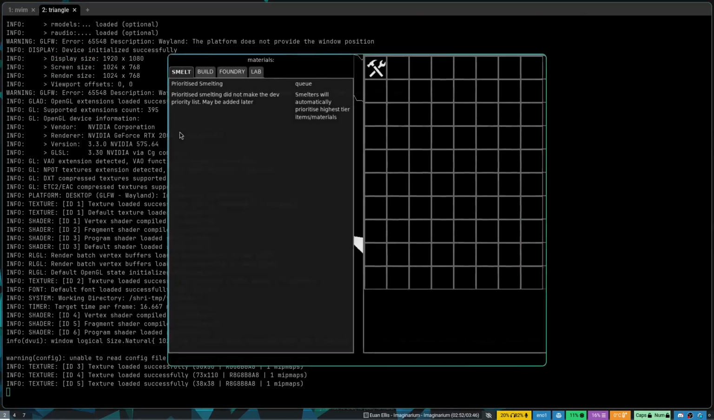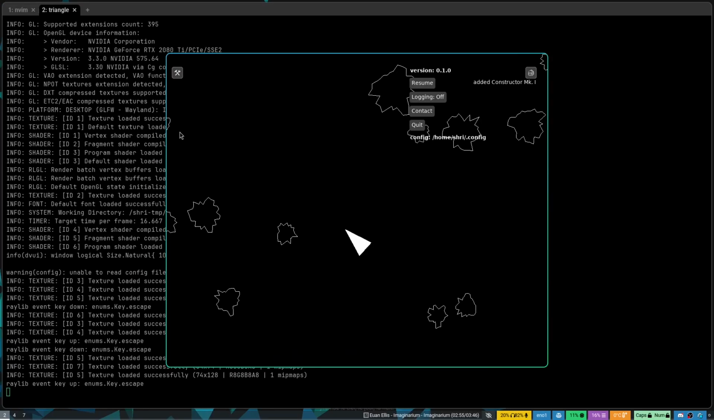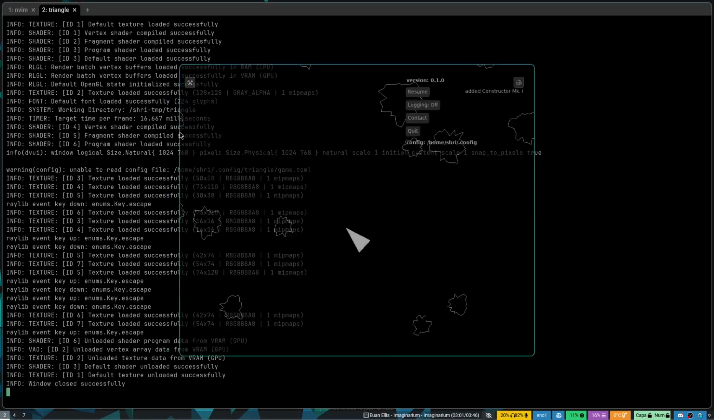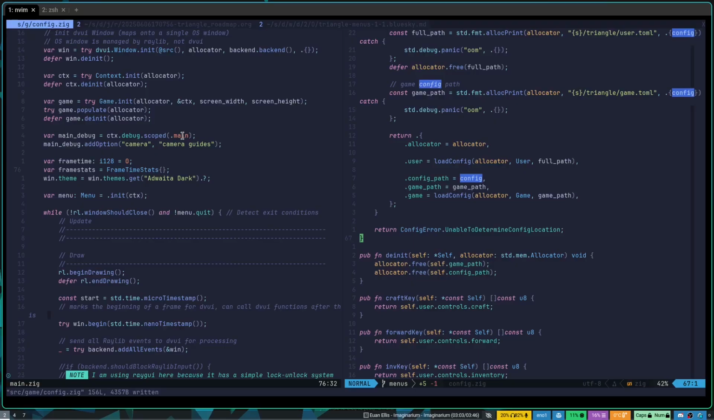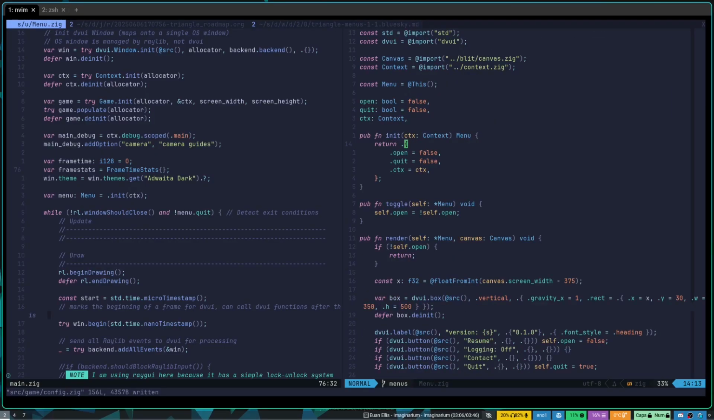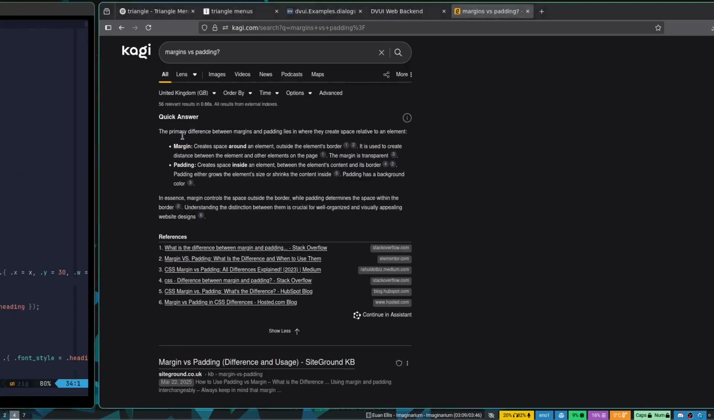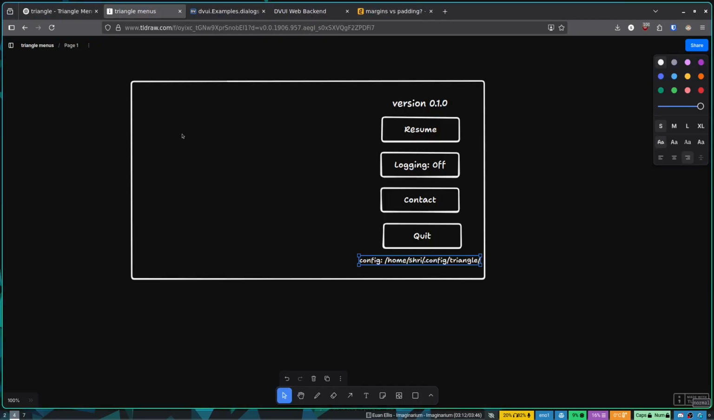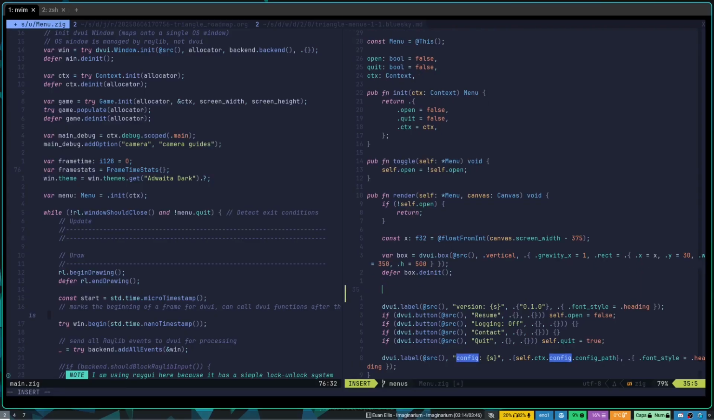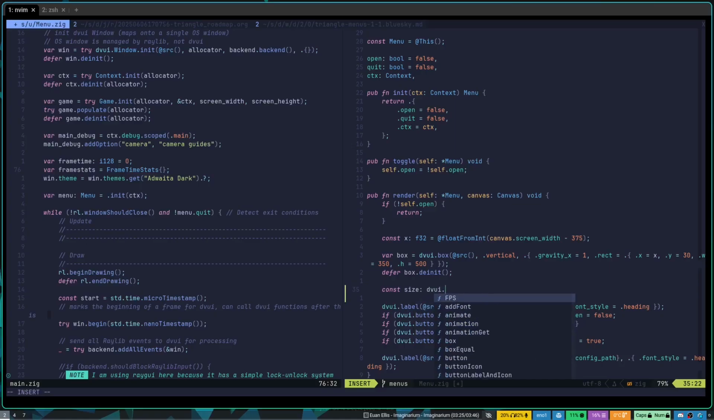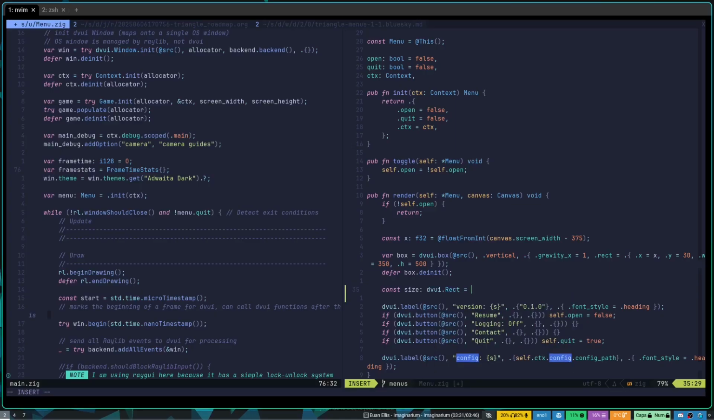Okay, so let's do a little bit of. Let me just remind myself how this looks. Let's just make it bigger. I wonder what will happen if I just give it a bigger size. And we want all of them to be the same size, which is how it looks here. So let's try and aim for that. Const size equals dvui.Rect equals